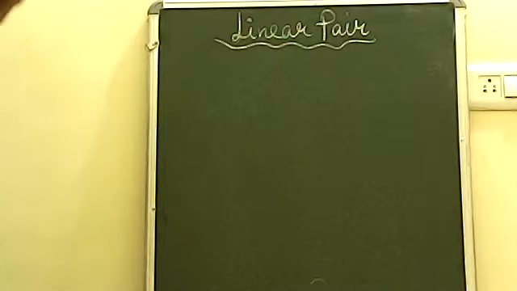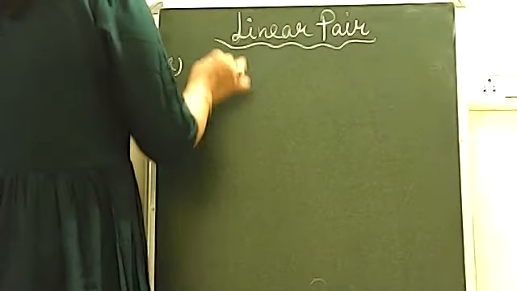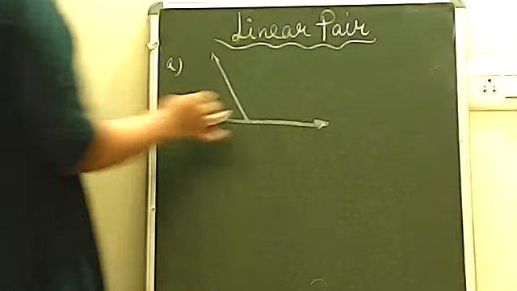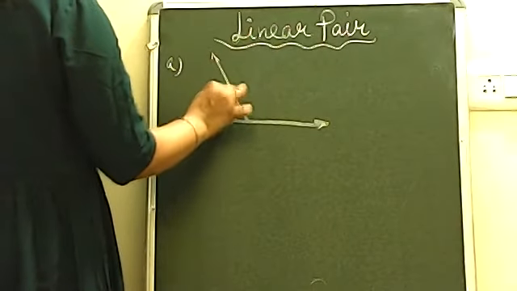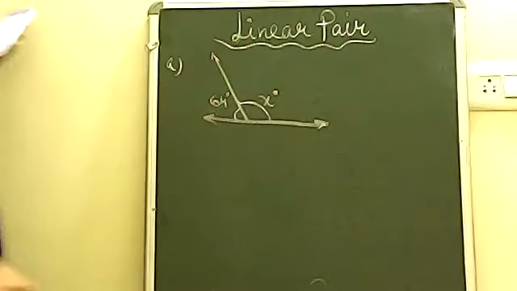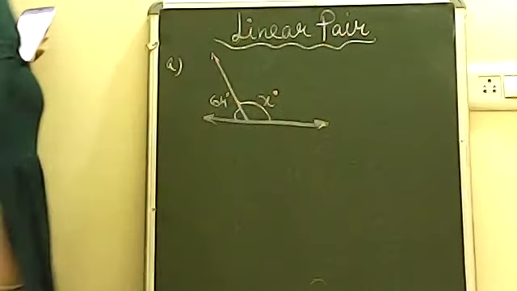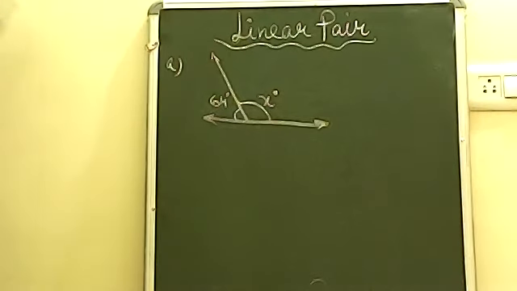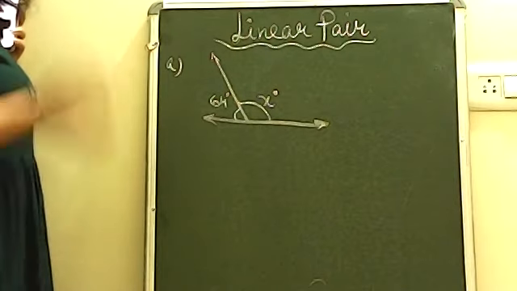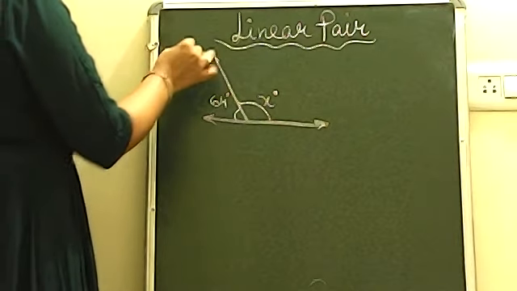Okay, so let's start the questions from a very easy question. Suppose the diagram is given like this, and according to this diagram, this angle is given as 64 degree, and this angle is x degree, and it is asking you to find out the value of this angle. Suppose the name is not given anywhere, so you can do the question without naming any angle. And suppose in the question the naming is given. For example, I am telling you how the naming is given.